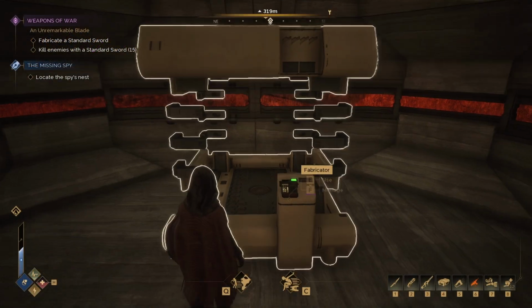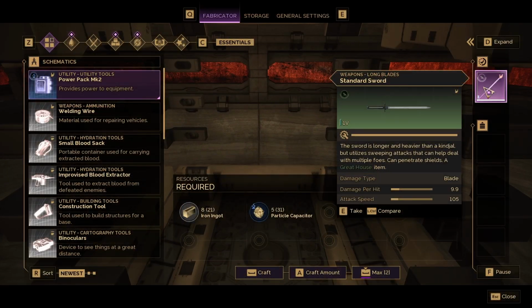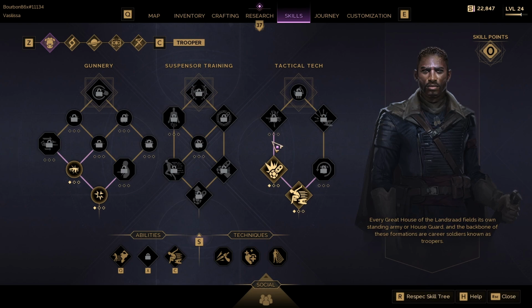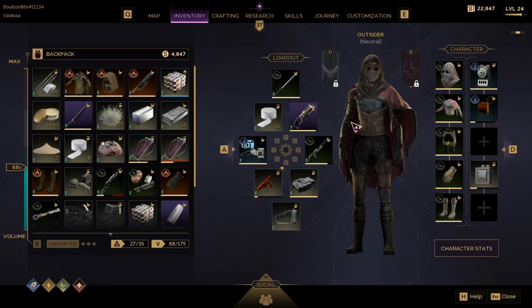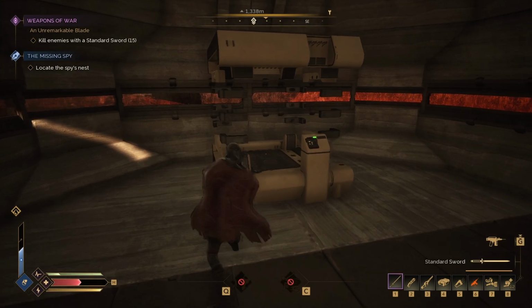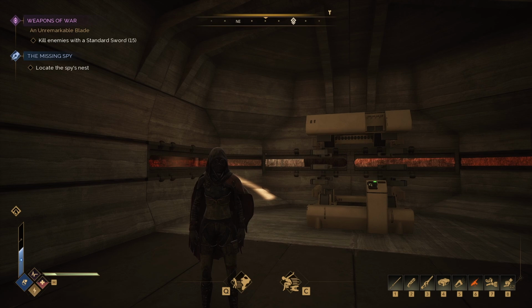Awesome. Okay. So, guess I need to take it out. Let's go into inventory and equip it. Awesome. Okay. Alright, so the next thing we need to do is kill enemies with a standard sword, and when we start doing contracts, we're gonna...